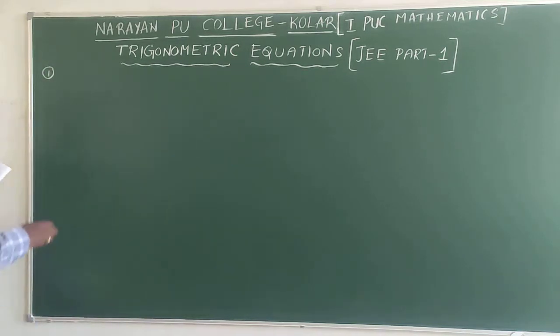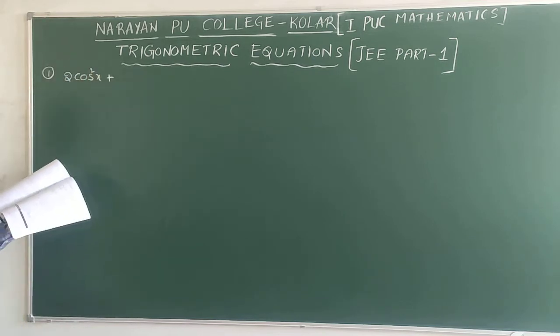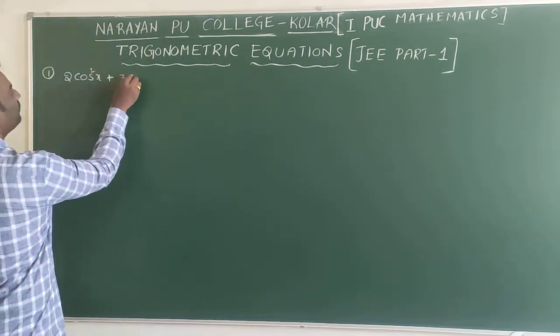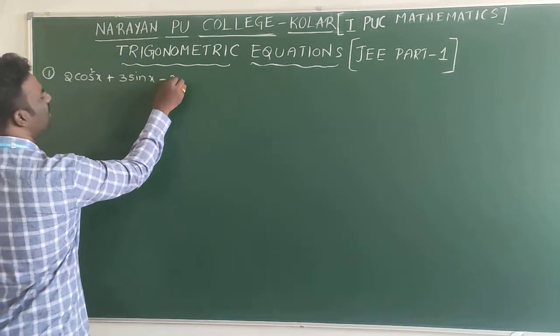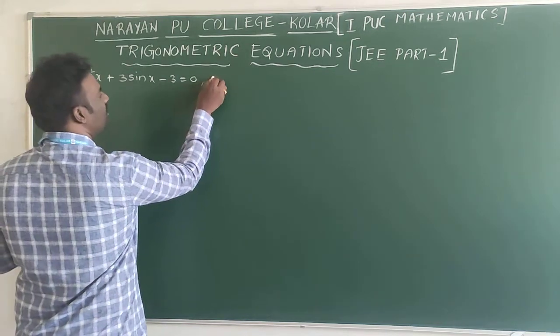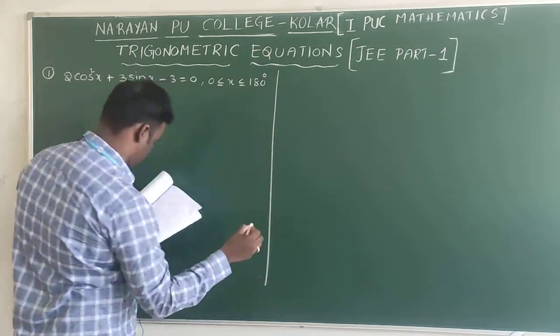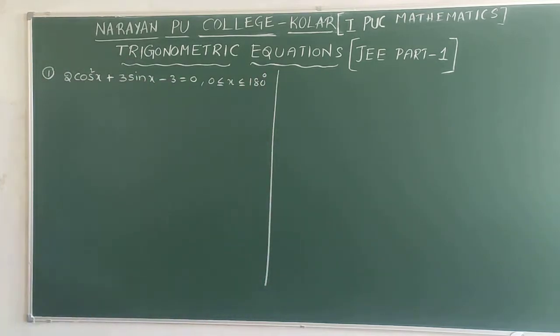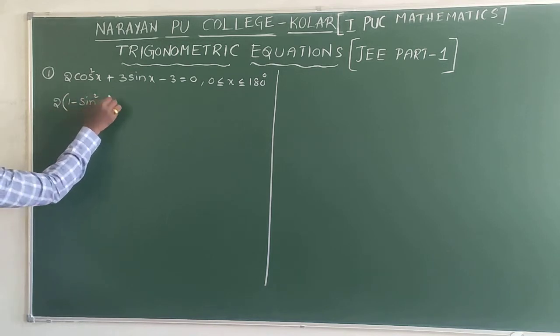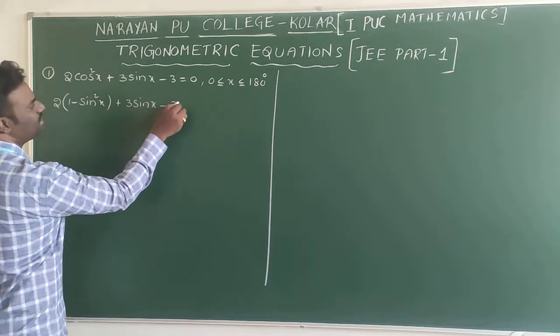First question. If 2 cos square x plus 3 sin x minus 3 is equal to 0, where 0 less than or equals to x less than or equals to 180 degrees. So we need to find the solution. This equation I am converting into sin. Cos square x can be written as 1 minus sin square x plus 3 sin x minus 3 equals to